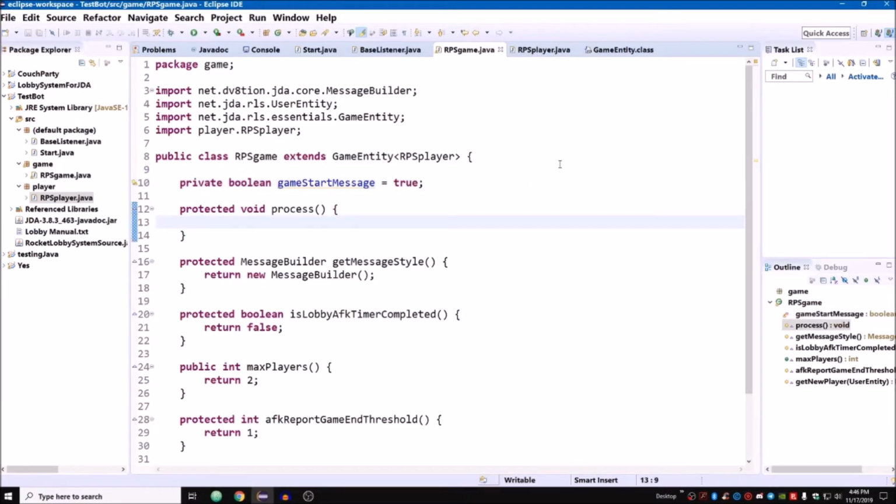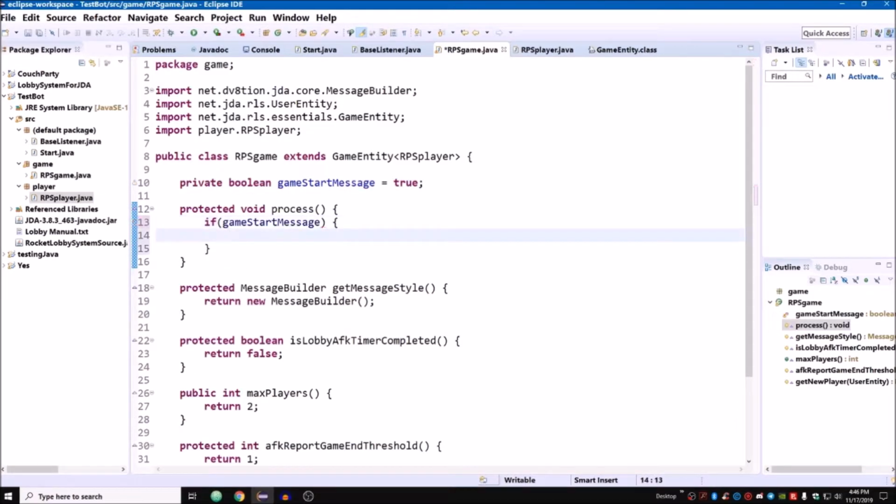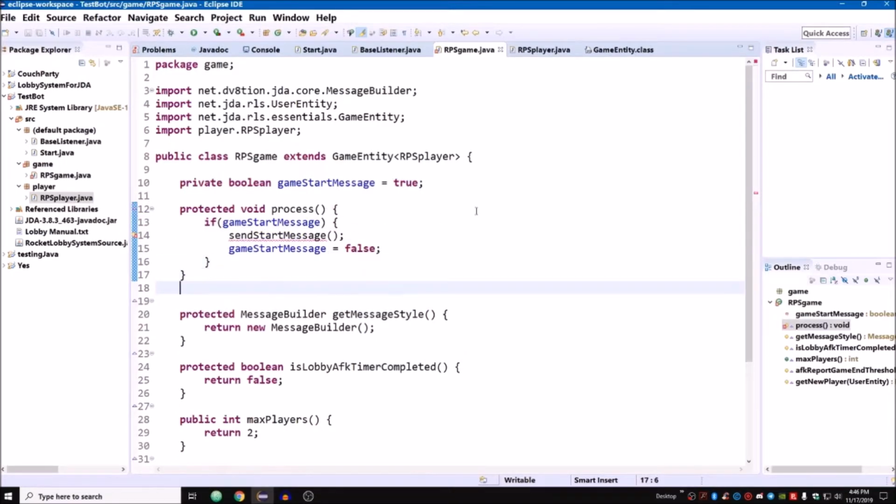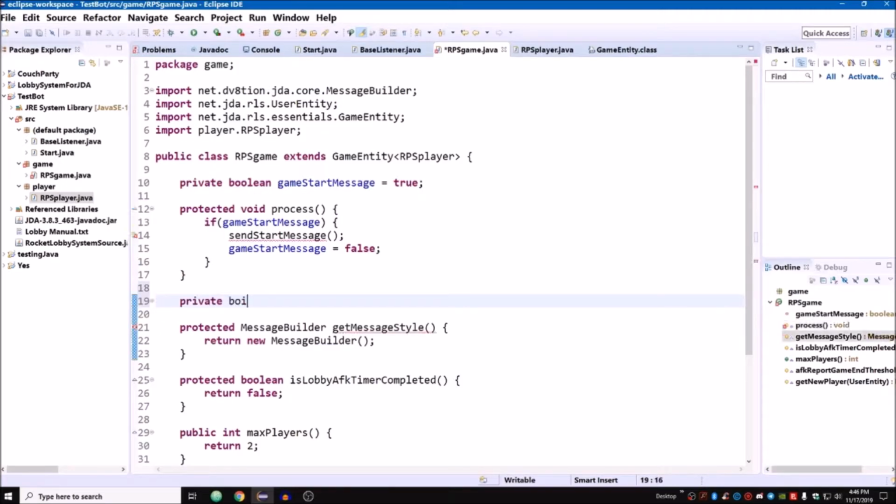Now, the first time the game starts, what I would recommend you do is if game start message, we're going to go ahead and send start message, and then we're going to set game start message to false. And then we're going to create this. So we're going to go ahead and below that, private void